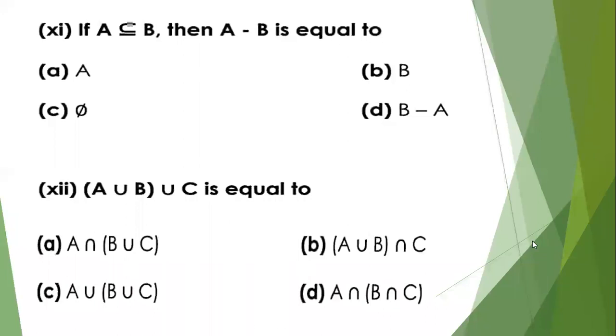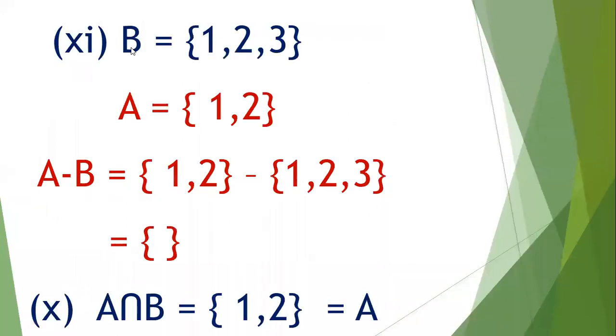I have here the explanation of it. We will understand this better by this slide. You can see that it is said that A should be a subset of B, so the elements of B should be more than elements of A. And we are going to find A minus B, so A should be written first and then B. Now, if you subtract B from A, 1 and 2 will get subtracted. So what is left in A when B is subtracted? Nothing is left in A because 1 and 2 will get subtracted with B. So here we will have the answer as the empty set.